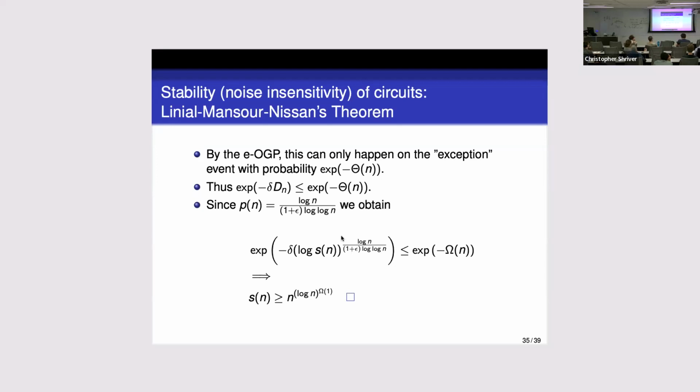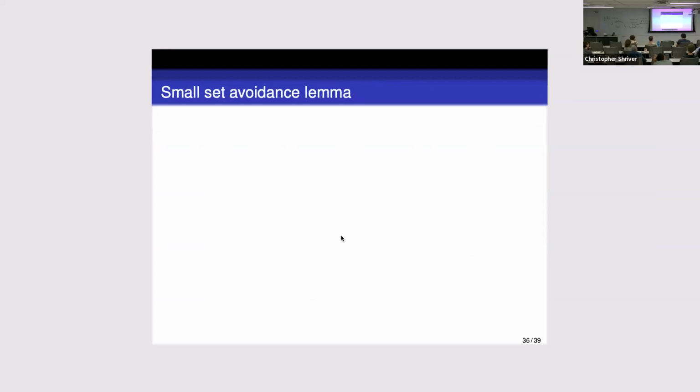And that means that size has to be at least exponential, dropping the constant terms, exponential of something like order n to the 1 over p. That's the argument to show that this is the bound on the size. In particular, the size has to be at least exponential. Okay. All right.